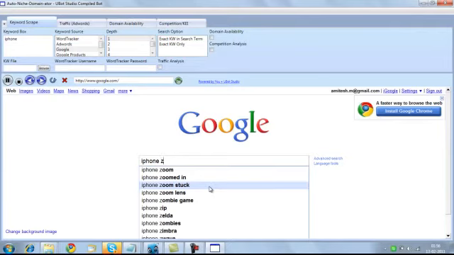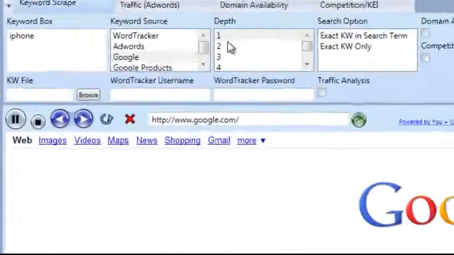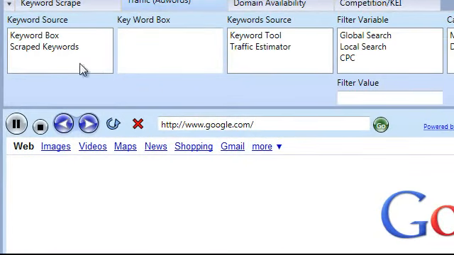So it has just looped through the keywords here. Maybe I'll directly go to Google Traffic AdWords. I'll select the scraped keywords option here, and I don't have to type anything in this box because I've already selected scraped keywords. It already has all the keywords saved in its internal database. I'll select Google Traffic Estimator here for the time being. The Google AdWords tool gives you two different options: one is the keyword tool and one is the traffic estimator.